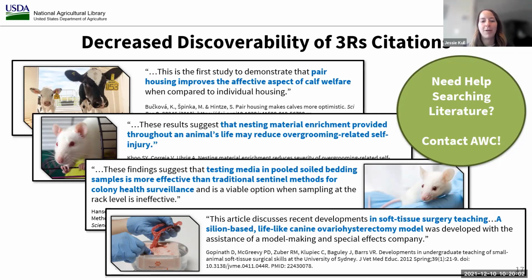And again, the reason that this is a problem is because if it's not described in these papers as a 3 R's method, then the automated indexing technology that we're using on the back end to tag or categorize these citations can't just rely on the 3 R's terms to identify these papers. That makes it hard for individuals to find information, because a lot of people searching in databases will likely use those 3 R's terms, replacement, reduction, refinement, alternatives, in their actual search string. But if it's not in the paper, it's not going to come up in your results.